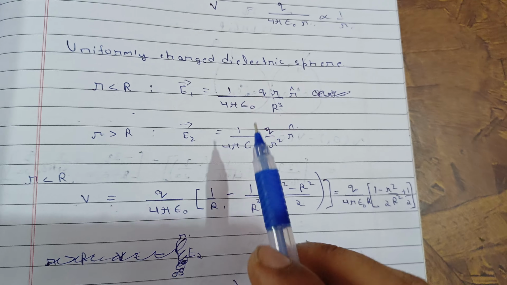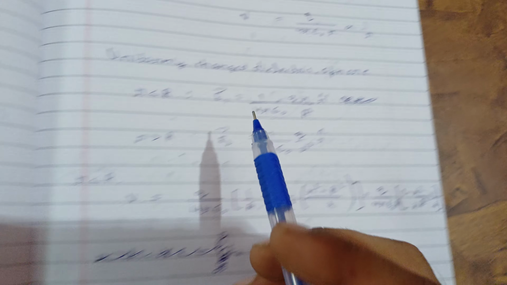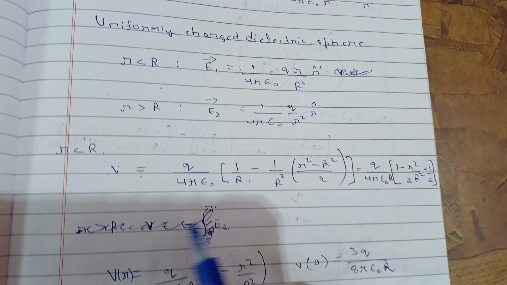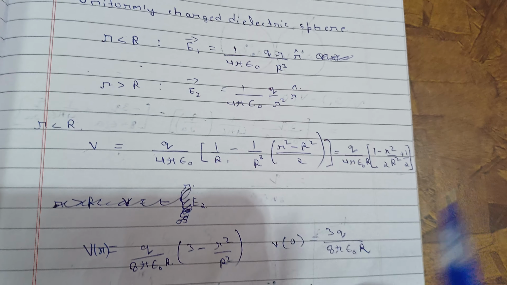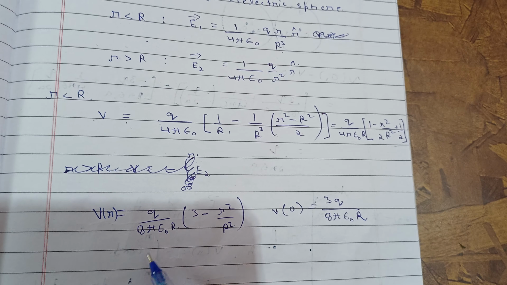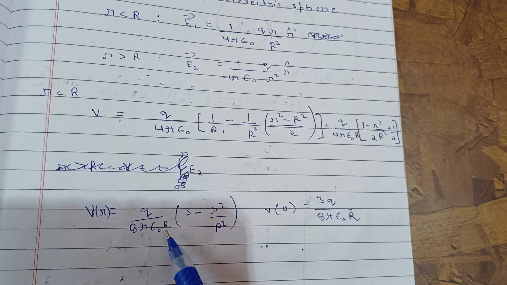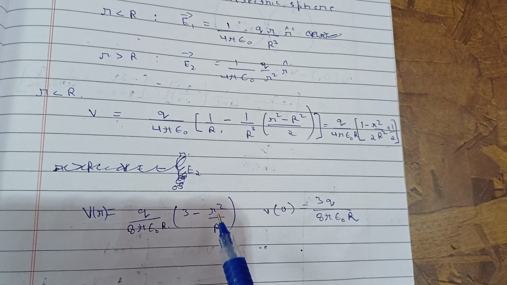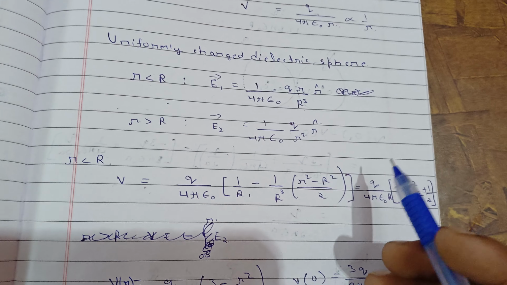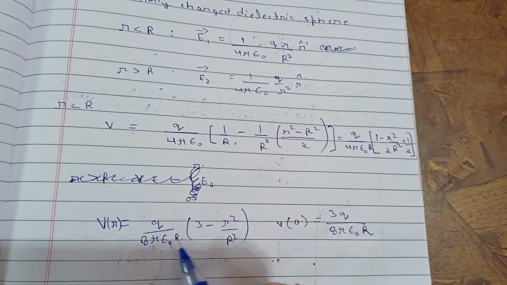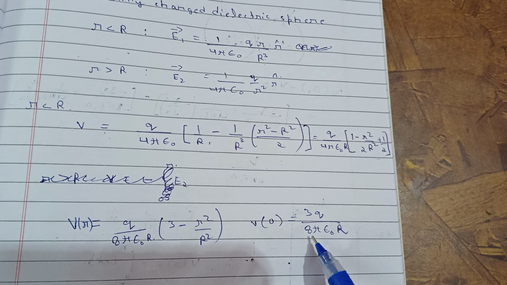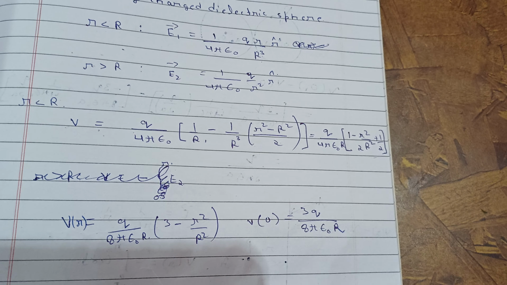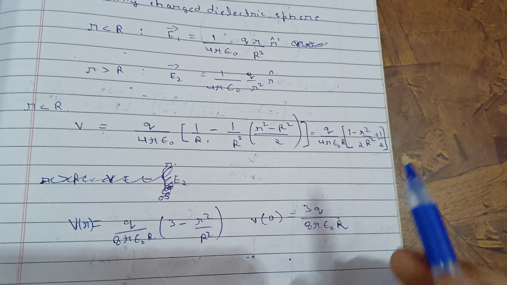So this is a simple case, we just substitute in place of E1 where we are taking 0 here, but this time we put this one and calculate it, and we get the potential formula, this one. So this is equal to, again, q by 8 pi epsilon r 3 minus r square by capital R square. Now if you need to find it at the center, then you put r equal to 0. For the dielectric sphere, if you need to find the potential at the center, r equal to 0, it will give you 3q divided by 8 pi epsilon naught R. So this will be the potential at the center of the dielectric sphere.